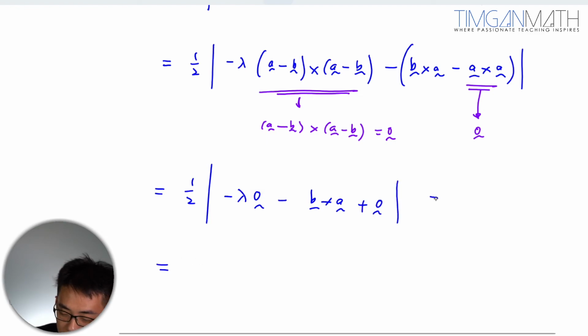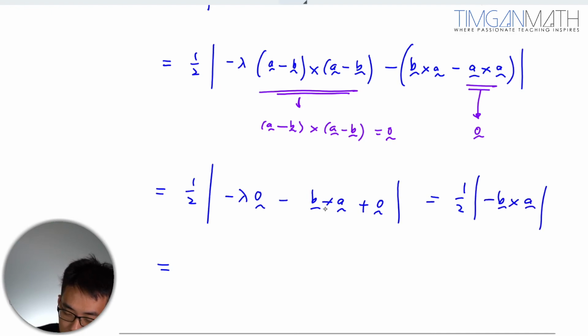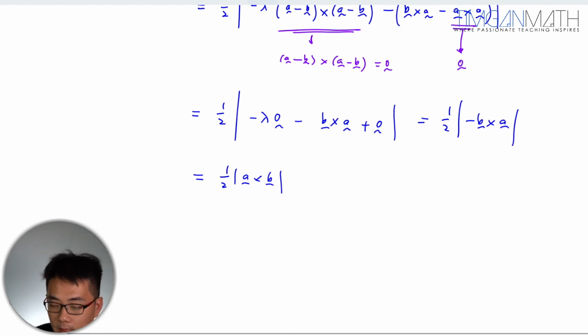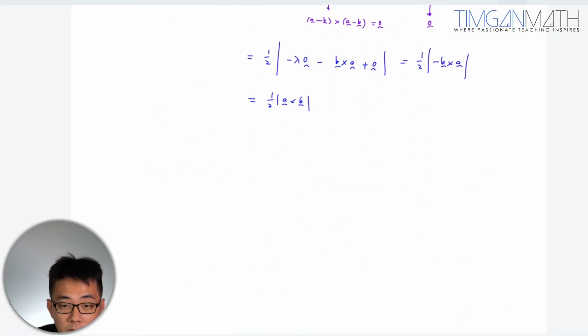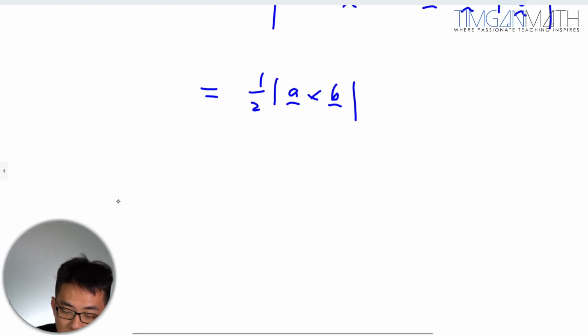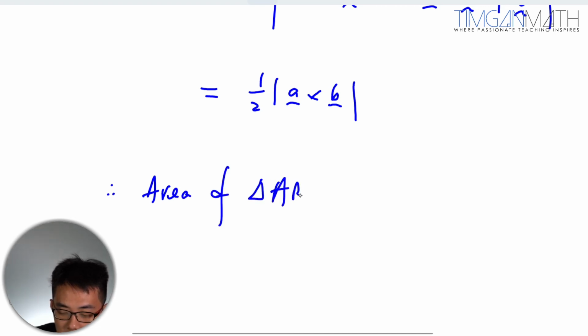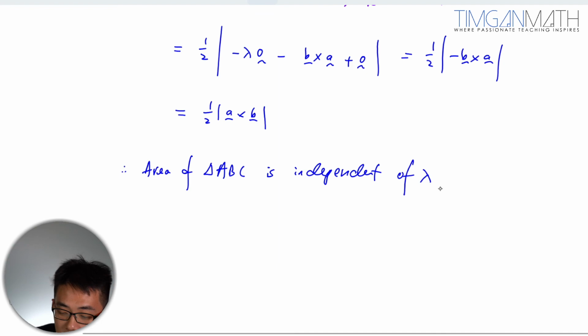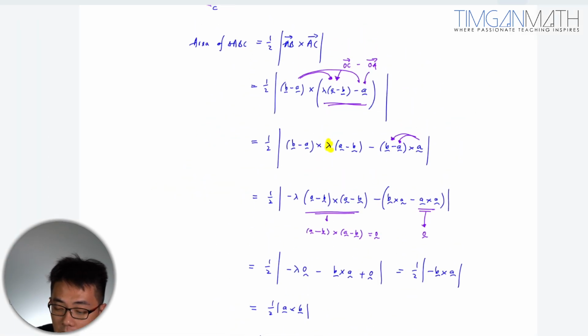And that will be half. The modulus of B cross A, you can just flip the sign, and it is A cross B. There you go. So hence the area of triangle ABC is independent of lambda,